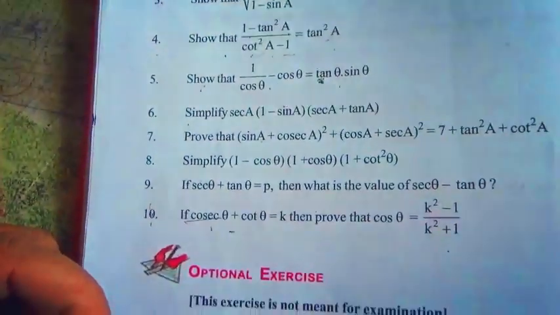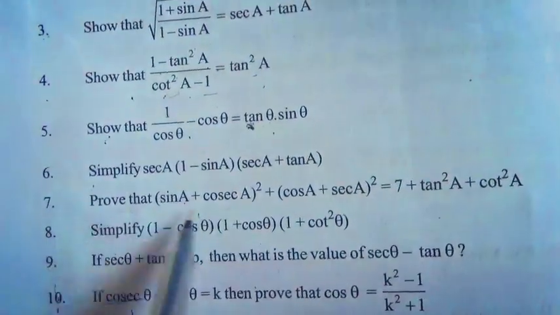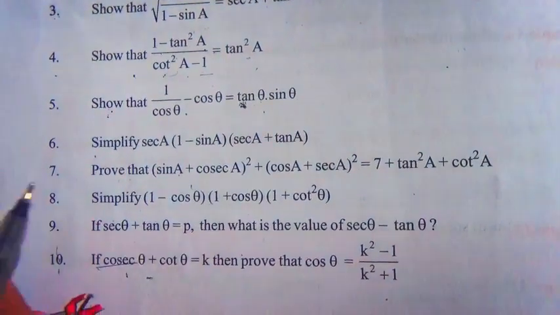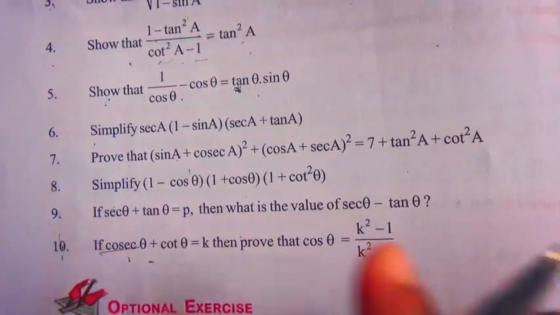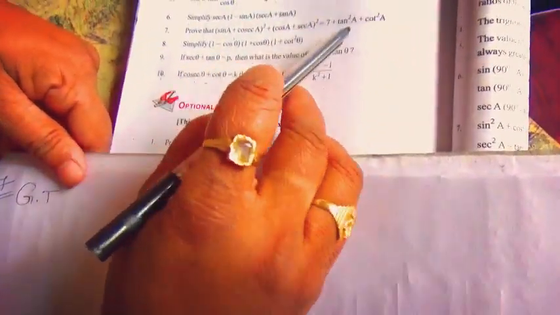Okay, next, seventh. We just write this answer. It's somehow lengthy. It is a small sum, but it will give the lengthiest steps. That's why I am taking the book like this. For the seventh sum, it is better to take the book in a horizontal way. Given that, we have to prove this equation.